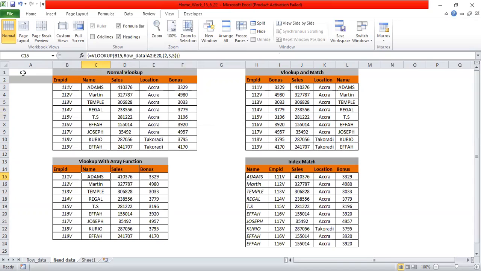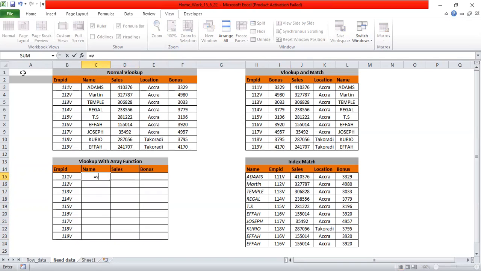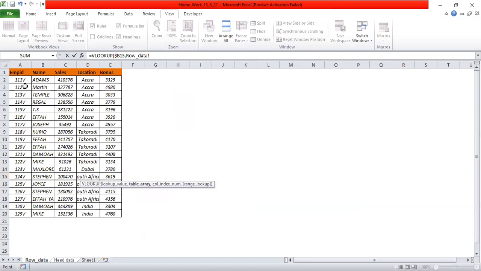VLOOKUP plus array function. This is a very big advantage of this function: you have a lot of columns but you want to fetch data from particular columns, then you can indicate like I have indicated here, 2, 3, 5. Now I am removing the data and again explaining with you VLOOKUP and this, and table array. Your table array is this,